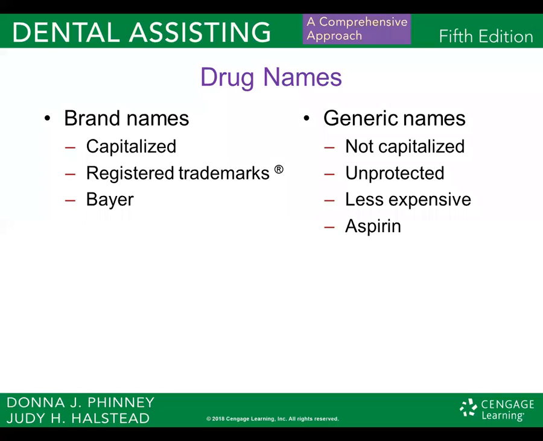Drugs go into two basic categories. There are brand name drugs and there are generic name drugs. When we're writing these on a prescription, the brand names are capitalized. They have trademarks, like Bayer, for example. Bayer is a brand name medicine or drug. So it's Bayer aspirin, but aspirin is the generic term for it. Generic names are not capitalized. They're unprotected, so there can be many versions of the same medicine, from different companies,